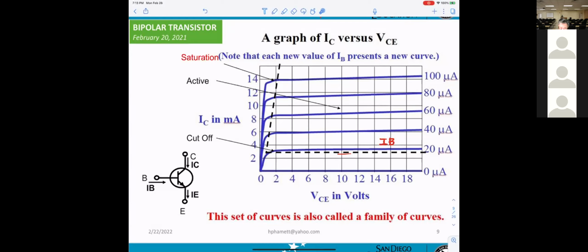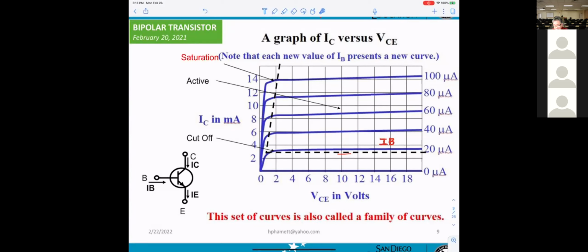I'm giving you the example. If you stay right here, they're telling you IB equals 60 microamp. You want VCE, you go down. VCE equals 10 volt. And you want IC, you go to the left. So IC can be maybe 8.3.